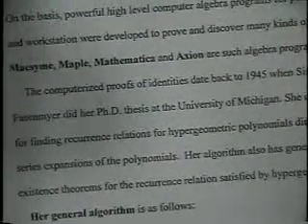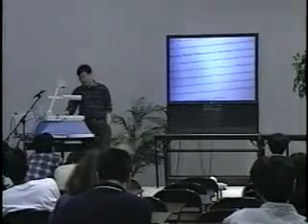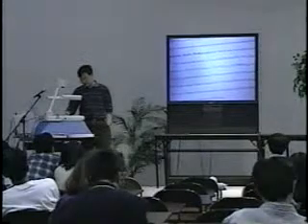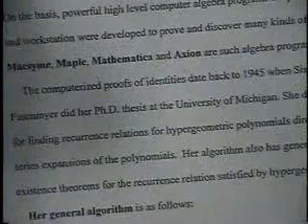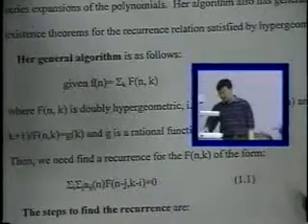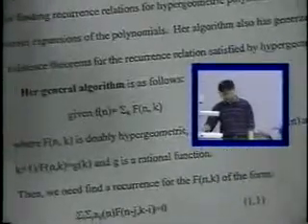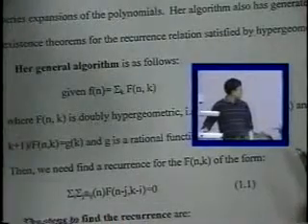So computerized proofs of identities date back to 1945, when Zeilberger did his PhD thesis at the University of Michigan, and he developed a method for finding the recurrence relation for hypergeometric polynomials derived from the series expansion of the polynomials. So his general algorithm is that if F(n,k) is a double hypergeometric, it means that